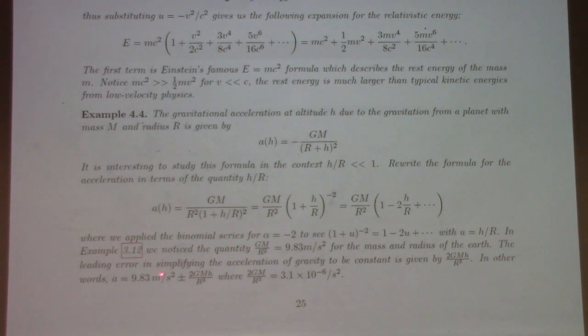Possibly. I mean, that's what the error bounds say here anyway. I'm not saying it's exactly that, but you can see that saying acceleration due to gravity is 9.83 meters per second squared is pretty stable as long as your h is relatively small. But if you go too far up, you could start to maybe measure a decline in the acceleration due to gravity. In fact, the more significant effect on the surface of the Earth